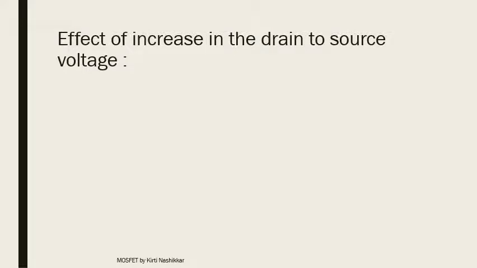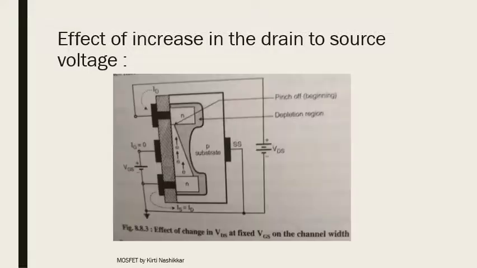So now let us see the effect of an increase in the drain to source voltage. अब VGS increase होने की वजह से क्या हुआ, यहाँ पे आपका चैनल प्रिपेयर हो चुका है यहाँ पे. But अब हम क्या करेंगे, we are going to increase the positive VDS. तो अब क्या होता है that we have to see. तो that is also shown in the figure. यहाँ पे हम क्या करेंगे, we are making VGS constant and we are increasing VDS gradually.